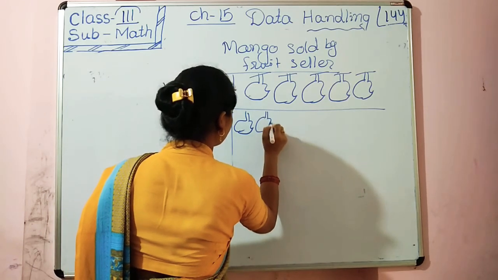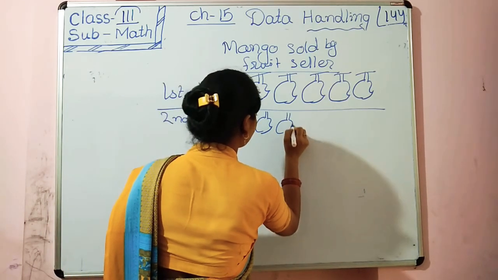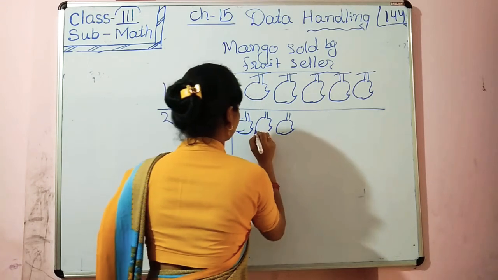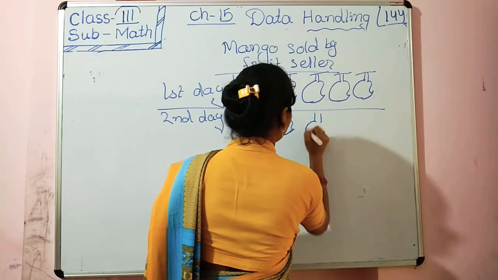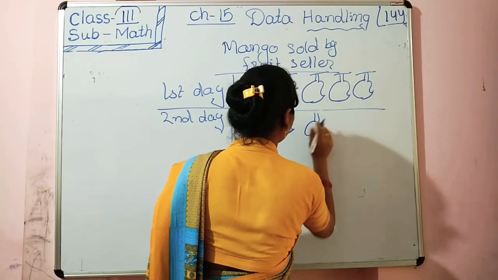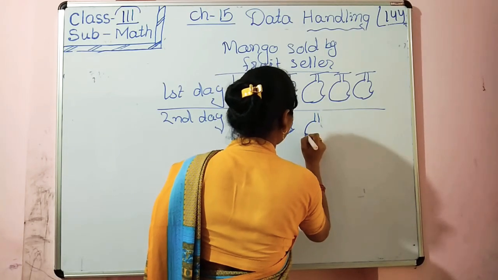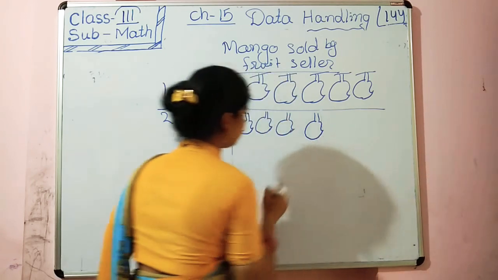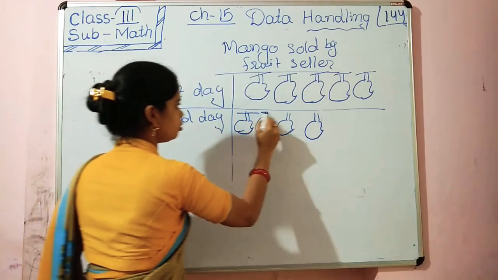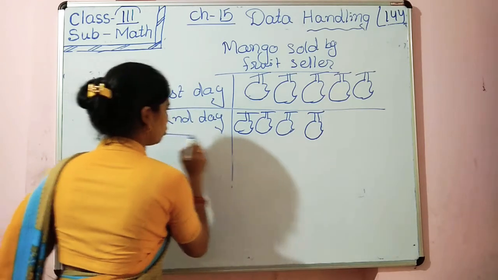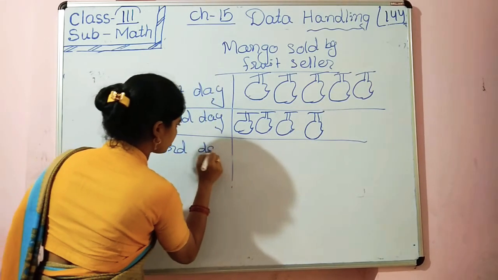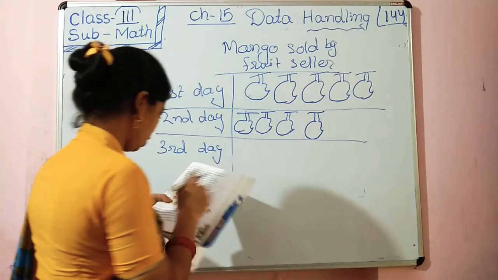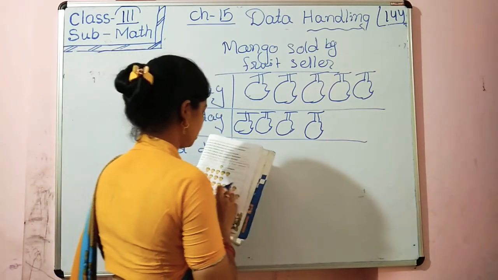1, 2, 3, 4 mangoes. Okay, then the third day, 1 2 3 4 5 6 7